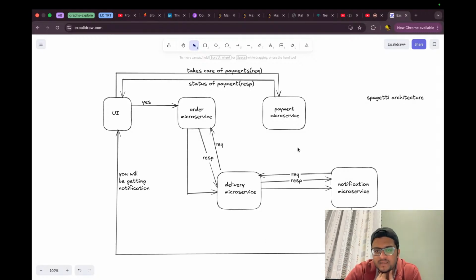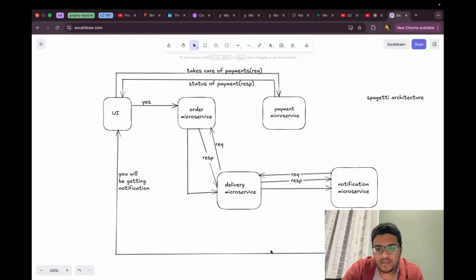So the term spaghetti means the dependency of each microservice on another microservice, and the way they communicate is called spaghetti, right? You can see there are so many things, like noodles, spaghetti. But what if I say there is something like